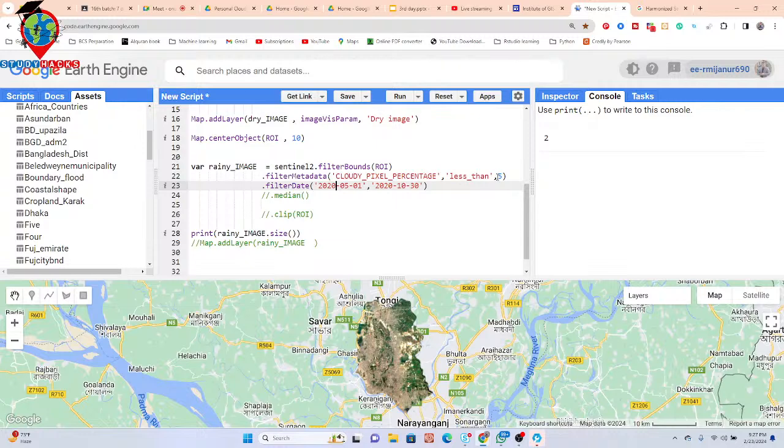This time I checked less than 1% cloud pixel percentage, and the image is not available. So that's why I just increased the value. I considered less than 5%, and then I found the two images. Okay, so now I just use these two images